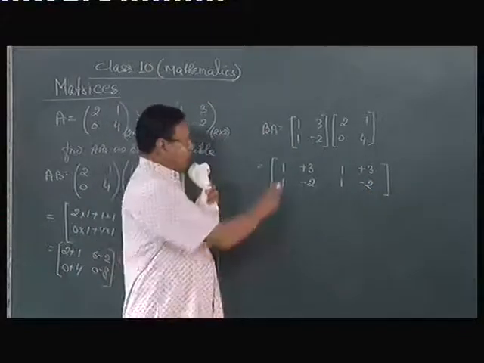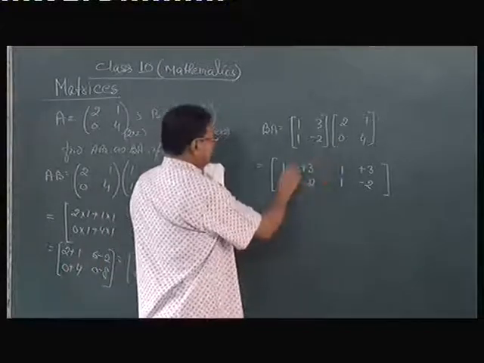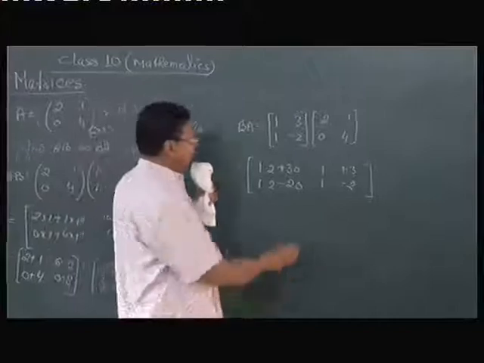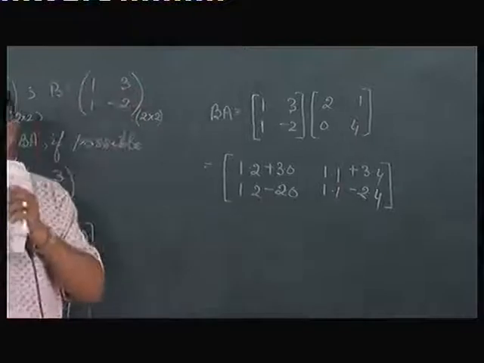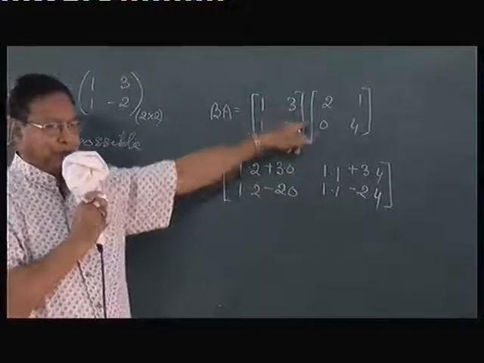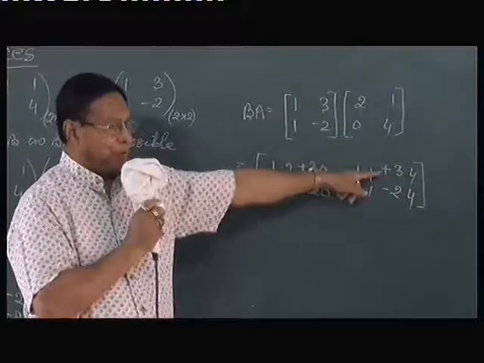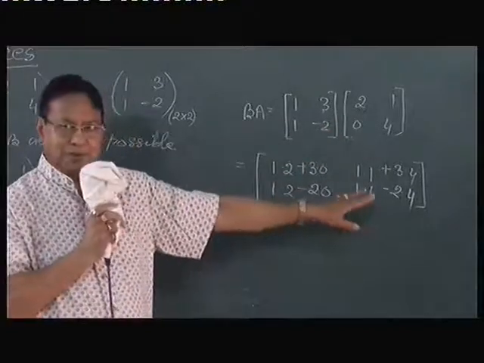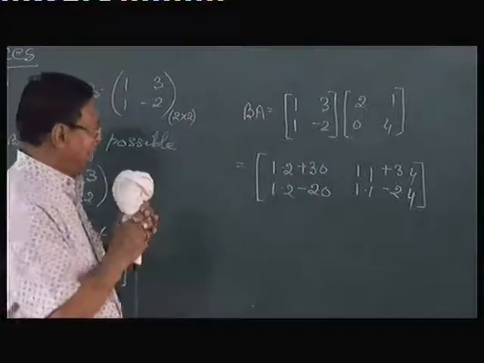And look at this. I have put in spaces in between. So the spaces, first column is 2 and 0. And then second column is 1 and 4. So you are not looking at it every time while multiplying. So look at this. First row with the first column, 1 into 2 plus 3 into 0, 1 into 1 plus 3 into 4, 1 into 2 minus 2 into 0, 1 into 1 minus 2 into 4. Coming to the same thing. But you are not looking every time you are multiplying. So this is how you can multiply it easily.